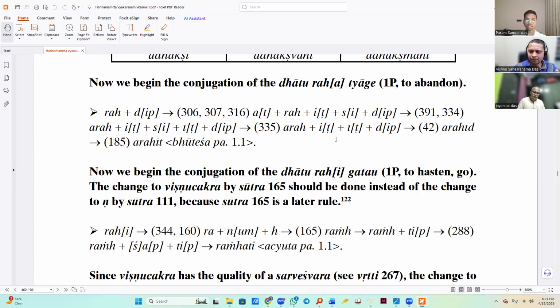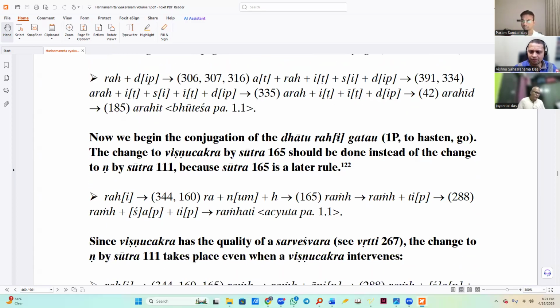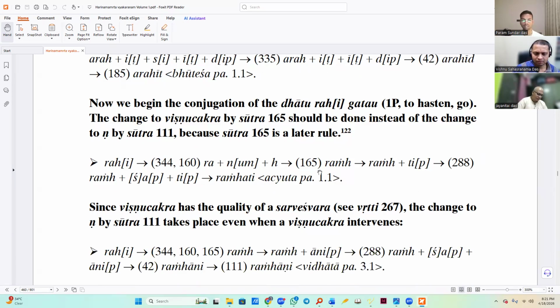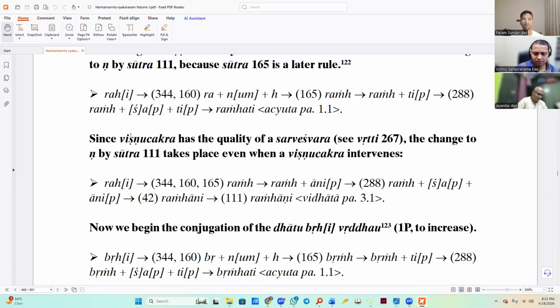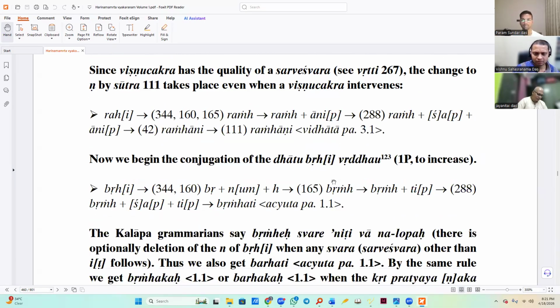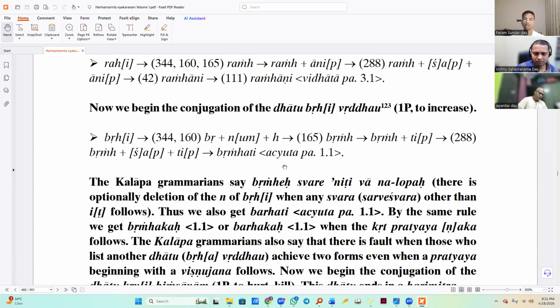Okay. Then the next is rahigatau. So we apply iram in dhatur num. We insert num when any dhatu has iram as the indicatory letter. So we insert num antya sarveshrat paramithasthanam. So Vishnu Chakra, Vishnu Vedanta Nasya Masya Vishnu Chakra Vaishnavi, and so Ranghati, Ranghati, Ranghani, and all. Ringhati. Yeah, Brihi, Vridho. Again, it has E Rama as indicatory letter, so we insert Num. E Rama Dhatu Num. So Bringhati.